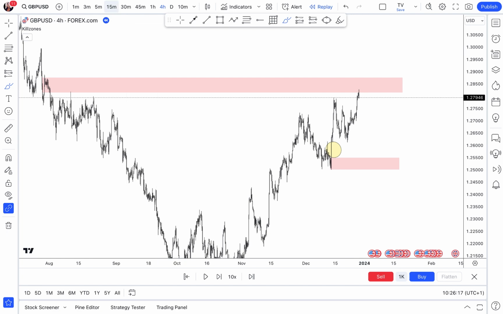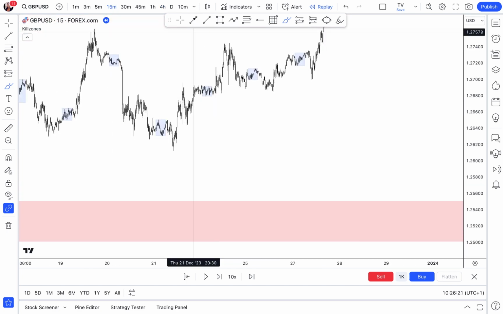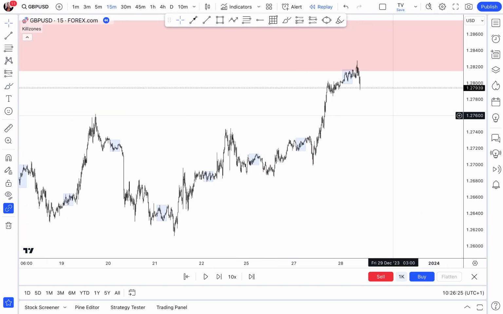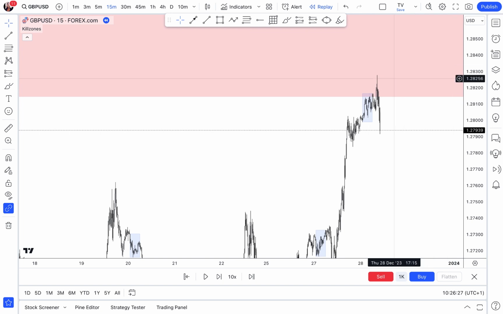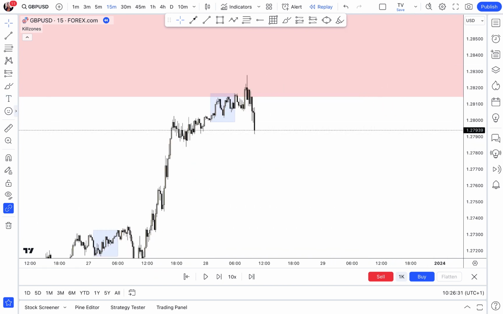So now let's move back to the 15 minutes time frame to look for entry opportunities. This is the 15 minutes time frame, and as you can see, this area of supply was mitigated. And for those that follow my channel, you know I use the Asian range as part of